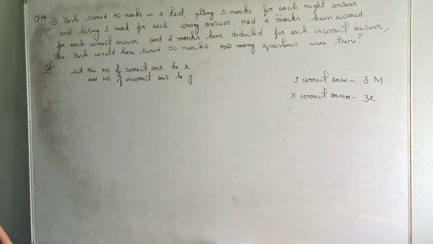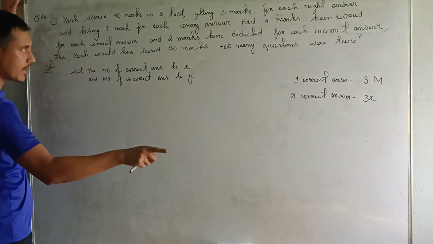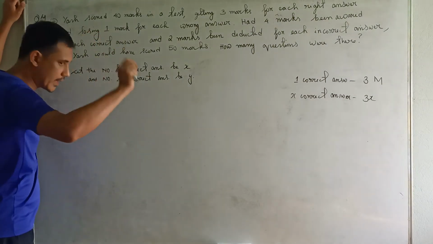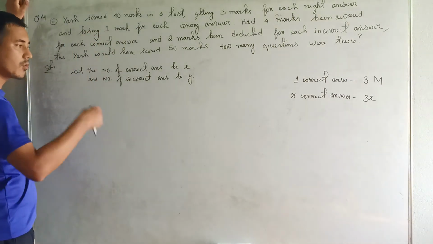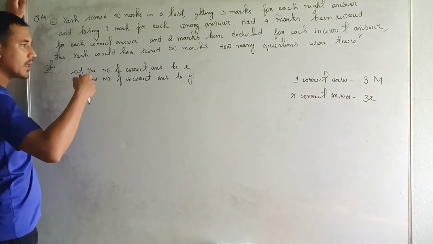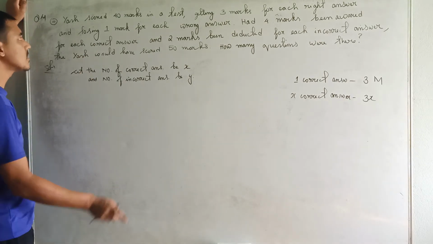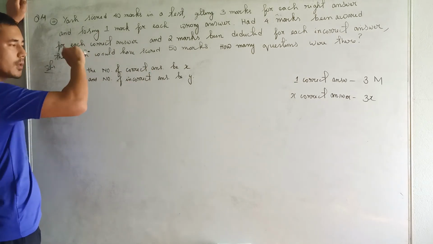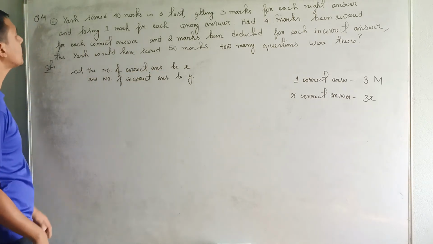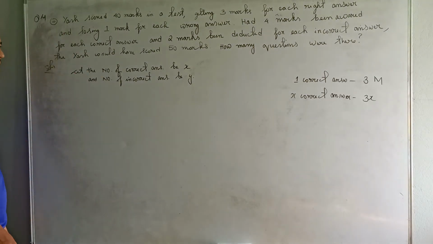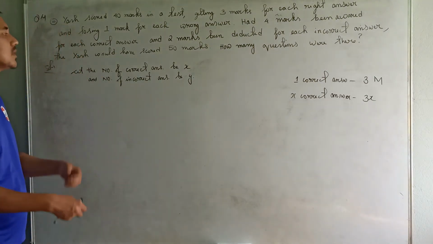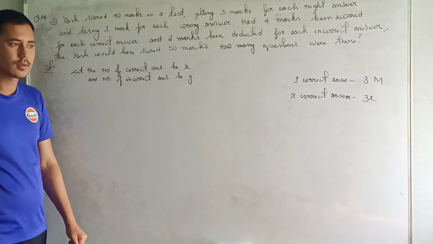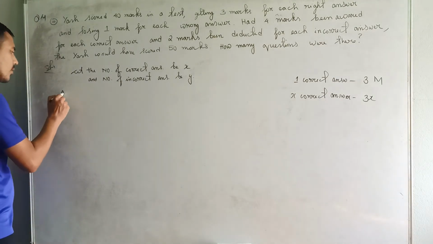Now, 1 incorrect answer, 1 mark minus. 1 mark will be deducted. If you write 30 incorrect answers, 30 will be deducted, right? 1 incorrect answer means 1 mark will be deducted. 30 incorrect answers means 30 marks will be deducted. Y incorrect answers means Y marks will be deducted. Okay? So according to the question,